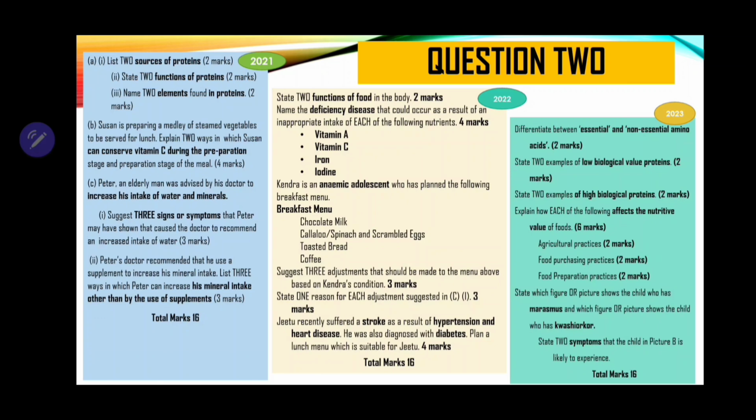Now let us look at 2021 part B. Susan is preparing a medley of steamed vegetables to be served for lunch. Explain 2 ways in which Susan can conserve vitamin C during the pre-preparation stage and preparation stage of the meal. So right off the bat, you can see where this question is asking about ways in which we can conserve nutrients